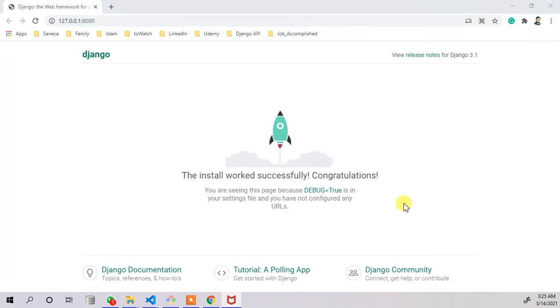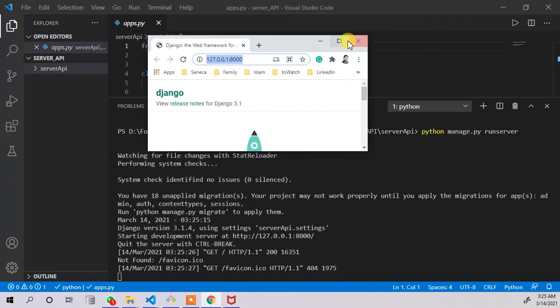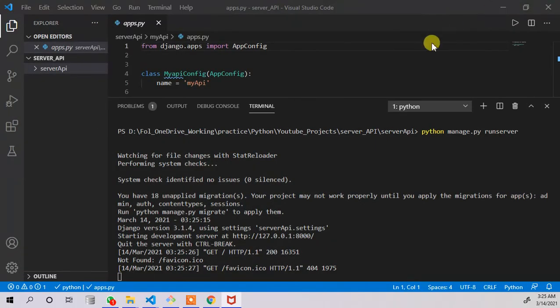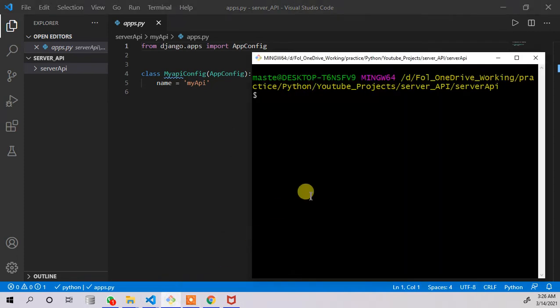Because I am using the local port, I am getting the local page. Now because we are going to build our own APIs, we don't need this page and we are not going to work on it. But when we create our website using Django, at that moment we will be modifying it. So right now leave it aside and minimize it. I'm going to shut down my server, and later, every time I run my server, I will use my git bash.